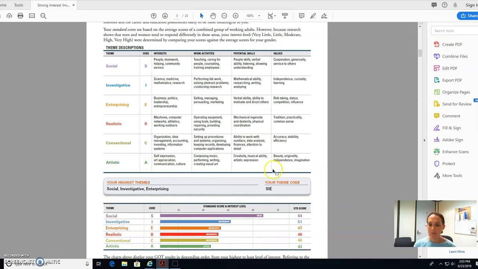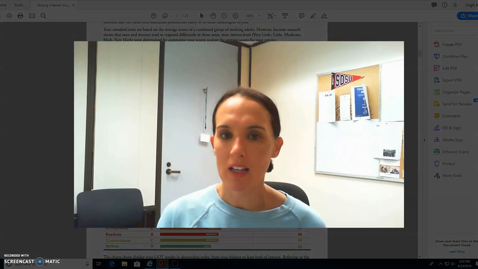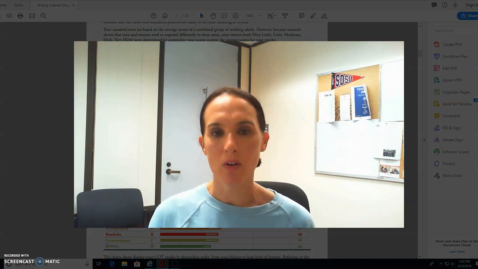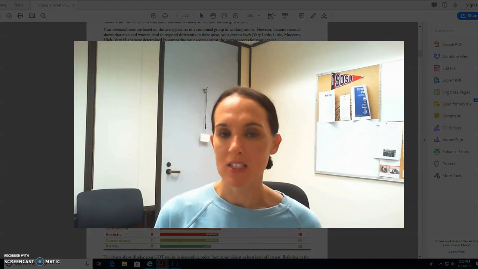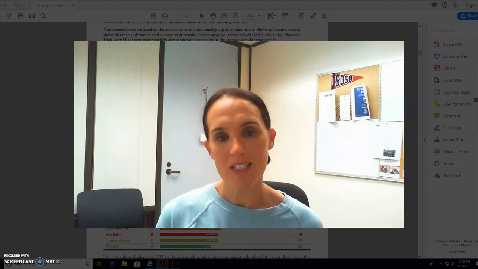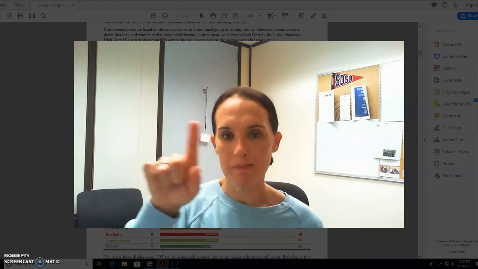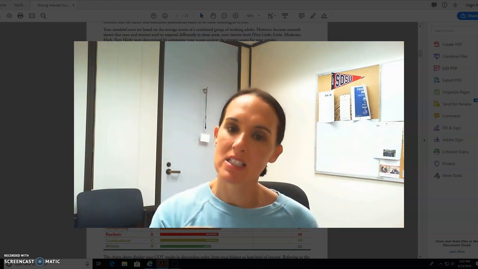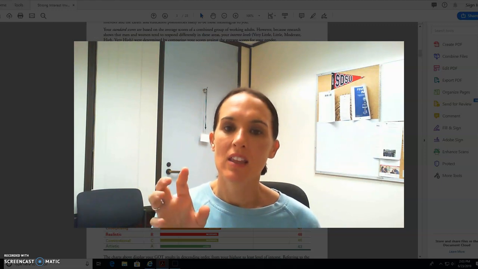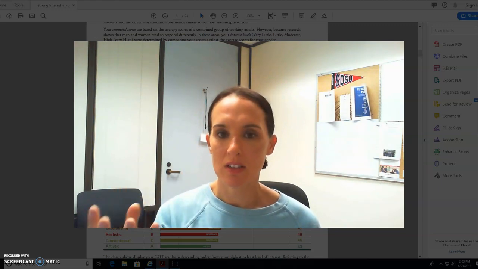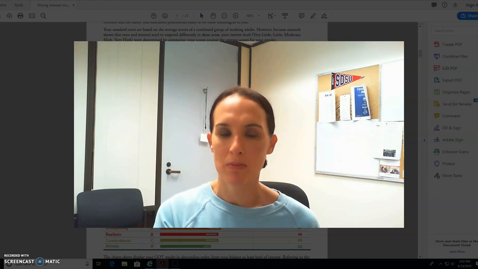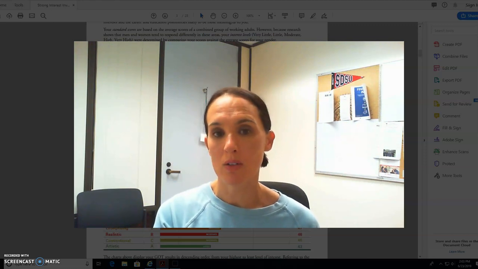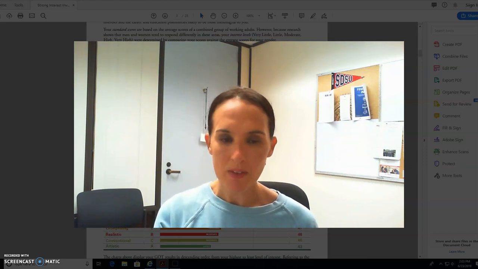And right here in the middle, it gives you your theme code. So this is called your Strong theme code. And if you can remember back to the previous module where we went over a PowerPoint based on John Holland's work environments, and it had that little diagram that had the 6 different work environments, that information is then used to create your theme code, your Strong theme code. So remember, we had